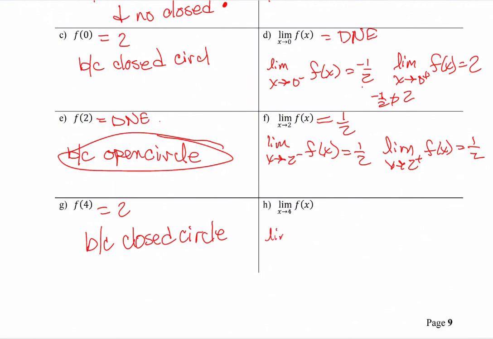So the limit as x goes to 4 from the left of f of x goes to positive infinity. And the limit as x goes to 4 from the right of f of x goes to positive infinity. Even though these go to the same thing, positive infinity, the limit does not exist. All right? So I want you to make sure that you